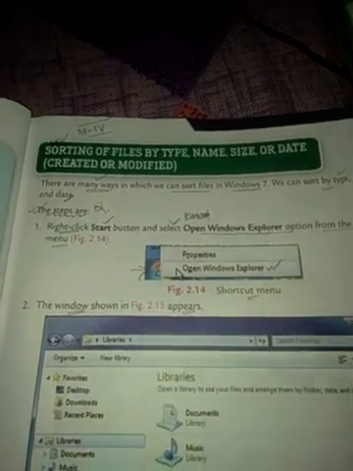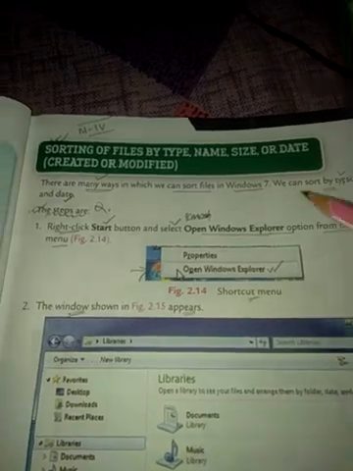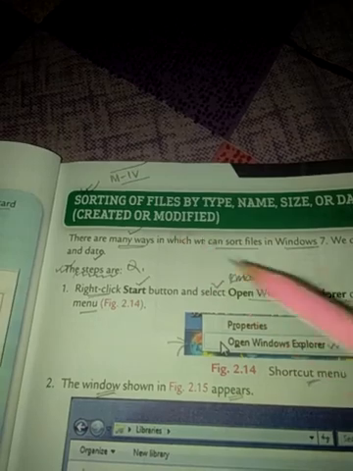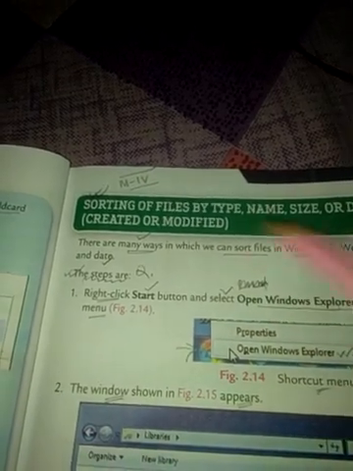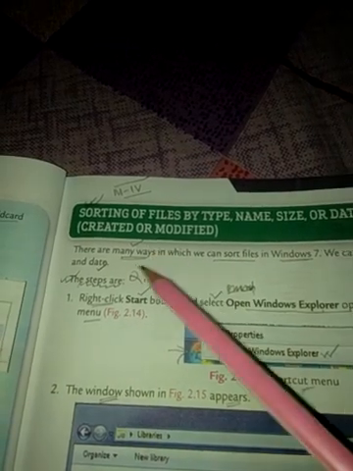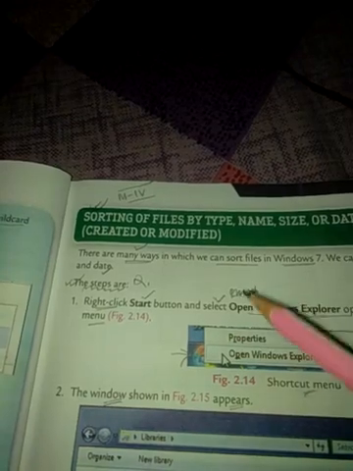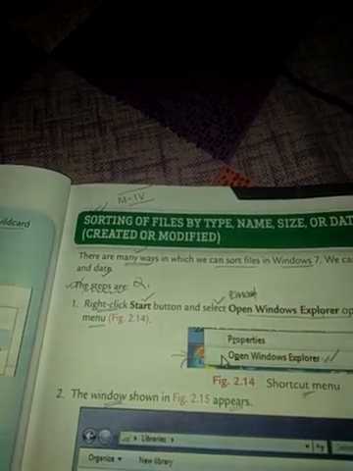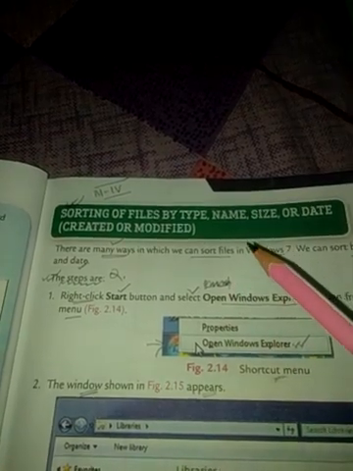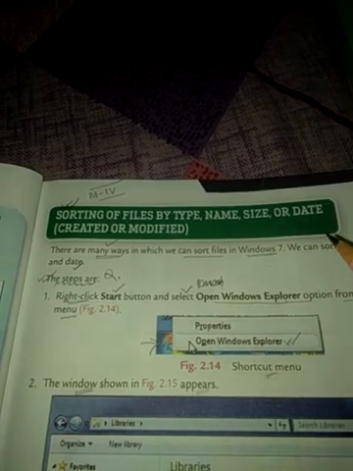Before discussing this topic, we have to know what is the real meaning of sorting of files. Sorting is the process of isolation or separation or segmentation of files, or we can say any data file or folder, either by number 1 type, number 2 name, number 3 size, or number 4 date.